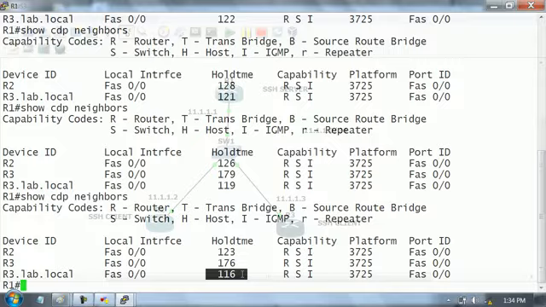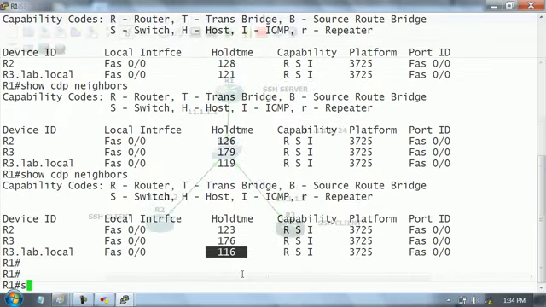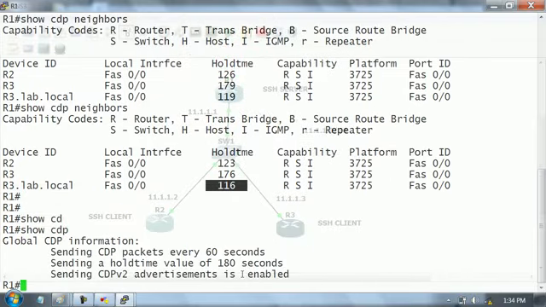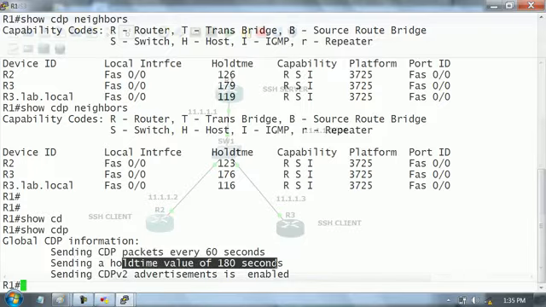Fine. First command about CDP, show CDP. What information is there? Sending CDP packets after every, sending a hold time value of, what is hold time? Hold time,